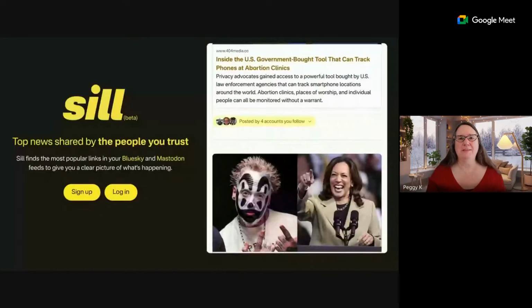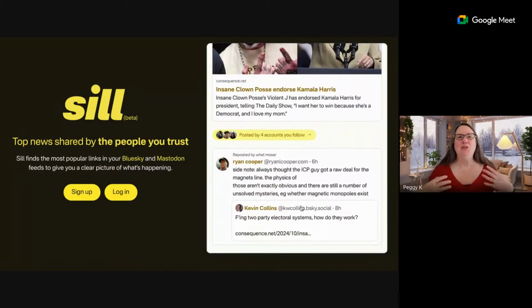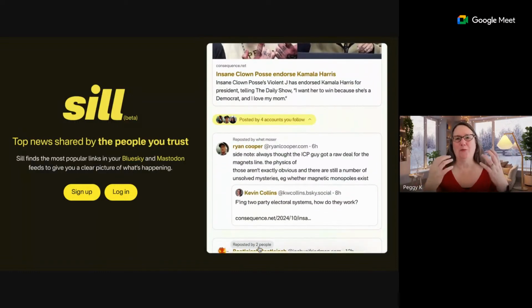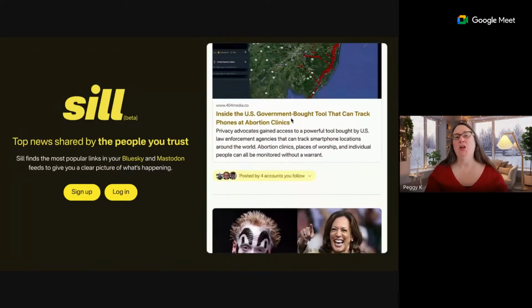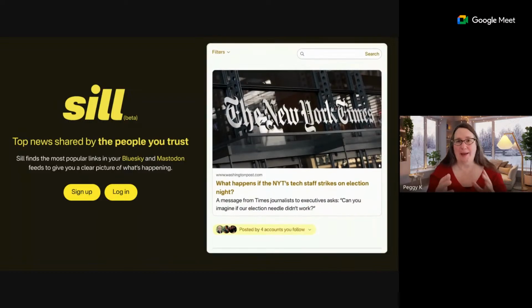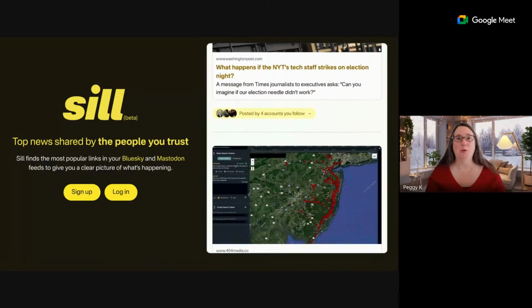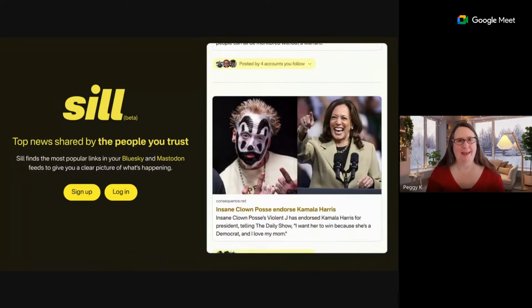The idea is that you follow a lot of people, right? But you can't be on social all the time. So it can really help to get an overview of what people are talking about. And if you sign up for Sill, you connect your Bluesky account or a Mastodon account, or both if you have both. And what it does is it checks what your followers are posting and then